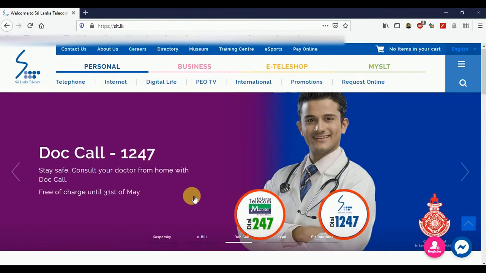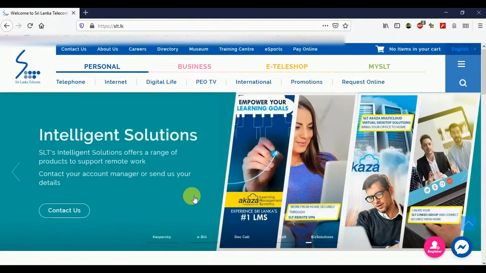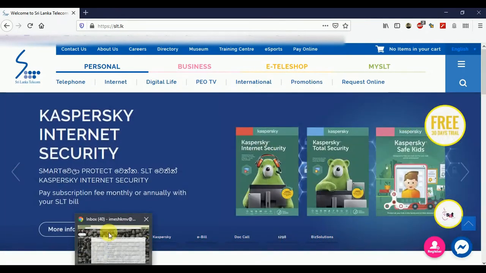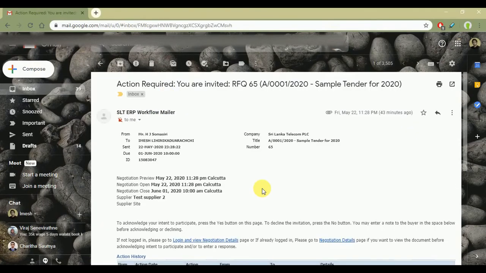Immediately upon publishing a new tender, you receive an email notification from SLT, or rather the SLT ERP workflow mailer. You can view the tender title and the closing date, and you can also click on this link to view the tender documents, or you can go to